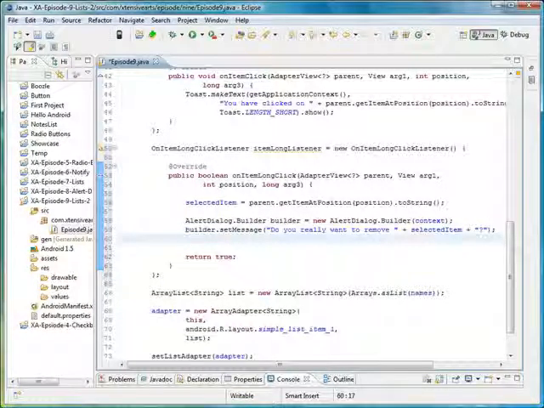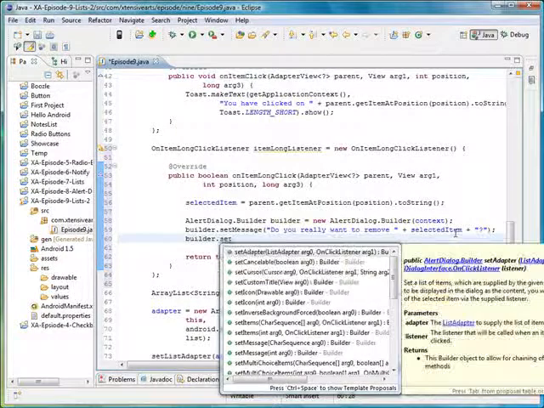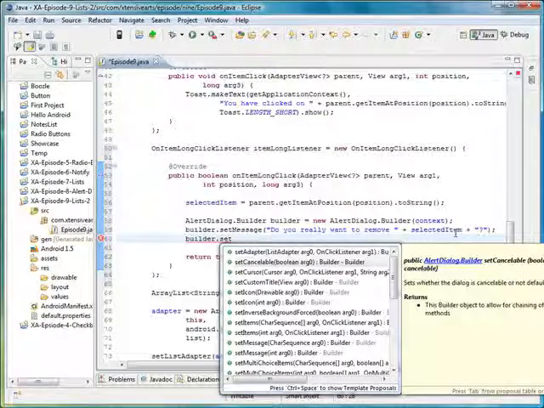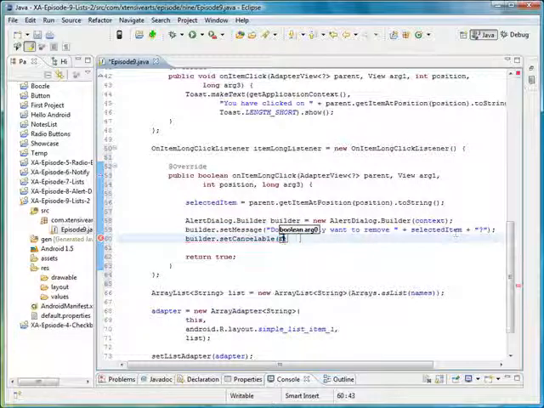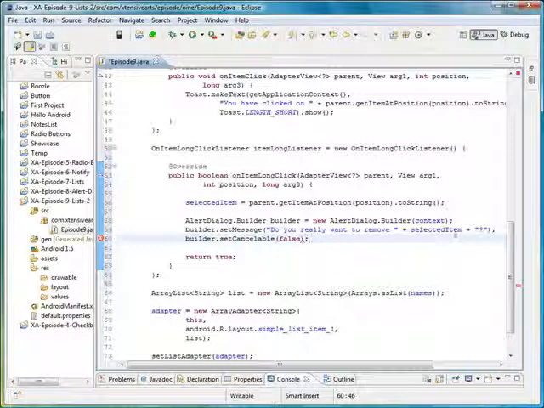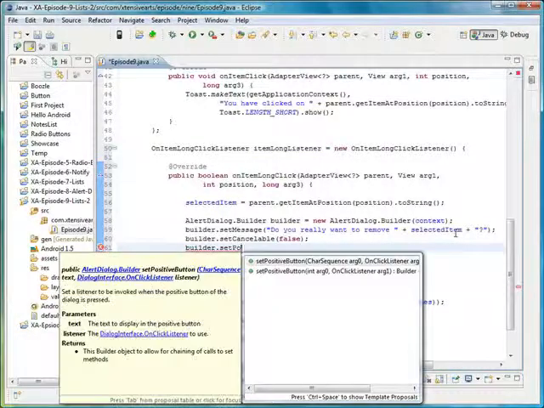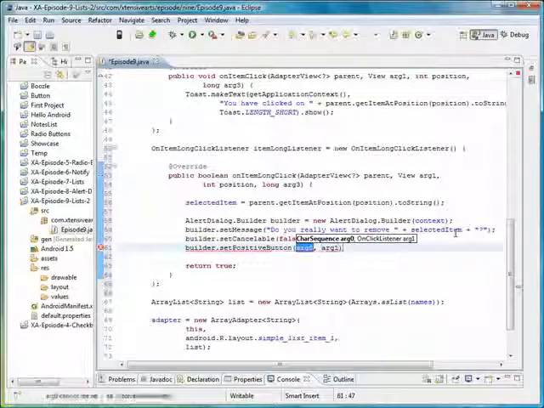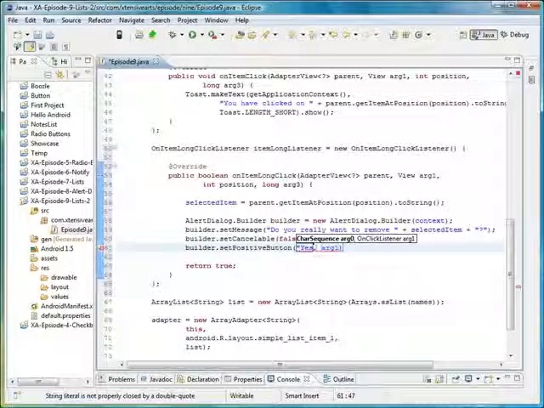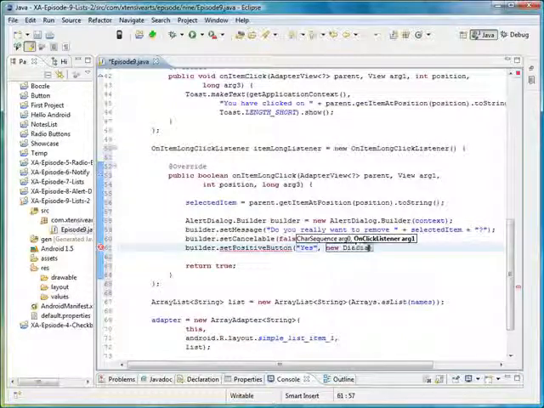Then I want to set the cancelable property to false, and now the positive button, setPositiveButton, I want to set that to "Yes", and then new DialogInterface